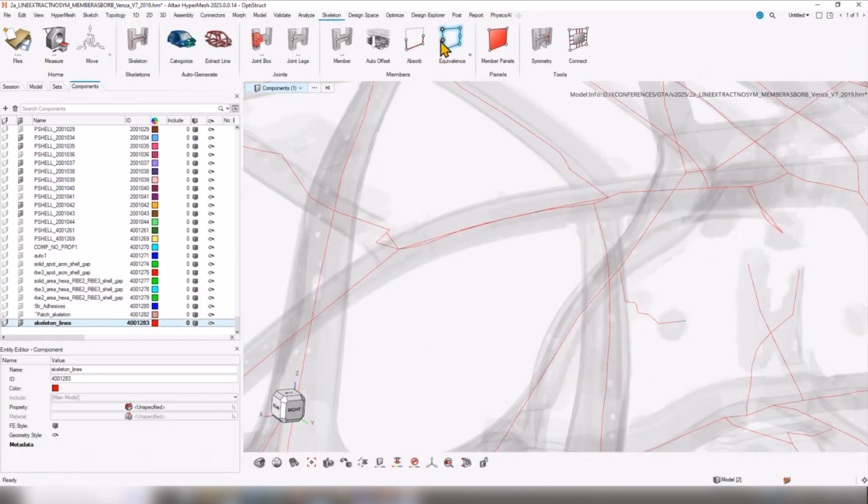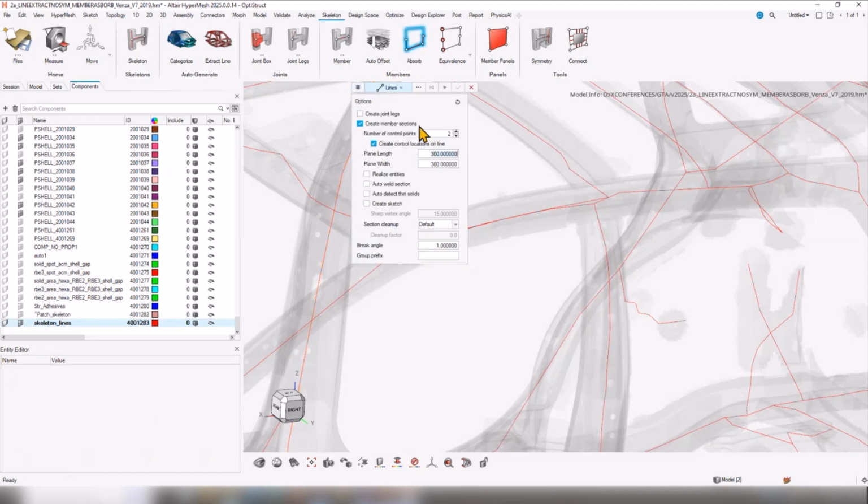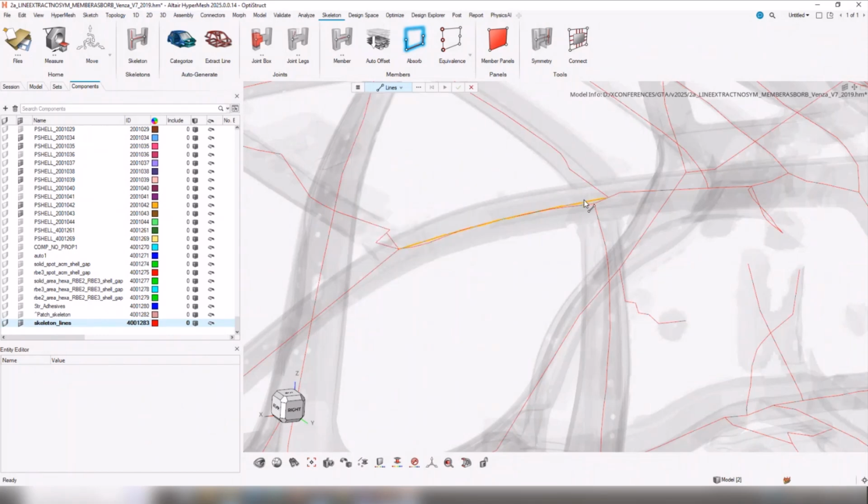And now if I go to skeleton, absorb. Now before, when I was using this, I turned everything off. Okay, I'm going to turn everything back on. So we create sketches now. I'm going to talk about what this cleanup does in just a second. And we create the 1D mesh, we auto weld it, and a whole bunch of other stuff. And it's extremely powerful. So now if I go click that good line, and now click go,